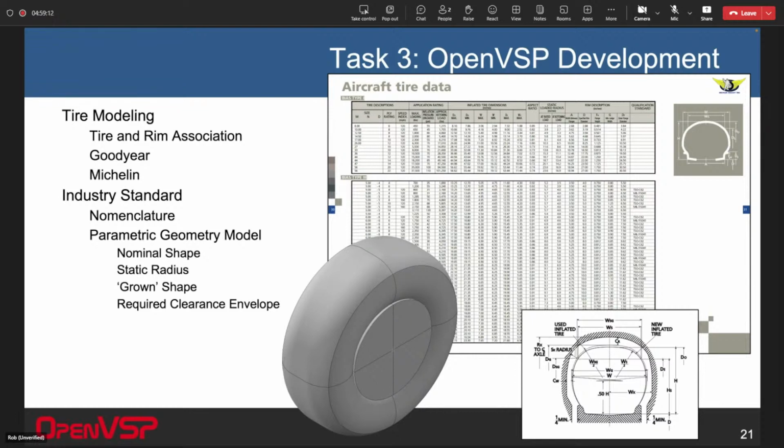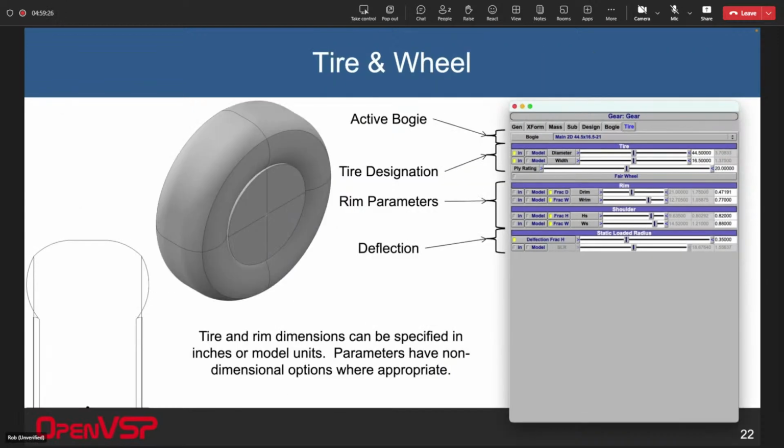And it's completely, massively overkill, but it was a lot of fun. So I actually have the rim curve here and the tangency of the tire hitting it. It's completely over the top. So that's always fun. So on the tire, you choose which bogie you're editing, the active bogie, and then you